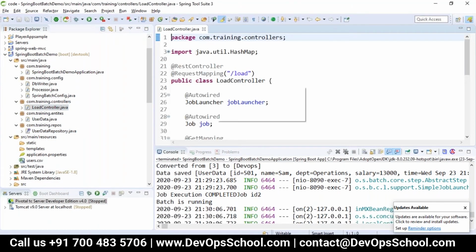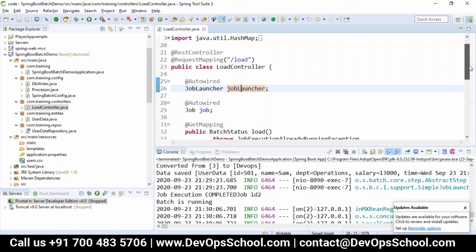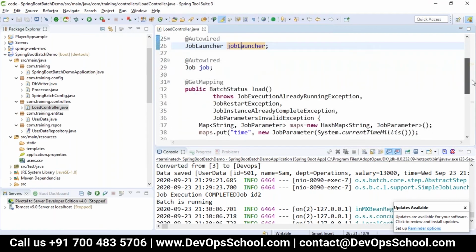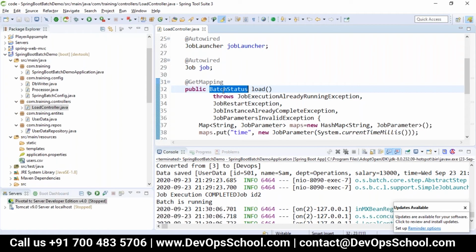Whenever we send a load request to the load controller, we are autowiring a job and autowiring a job launcher. This we have written for the get mapping and returning the status of a batch. Is it completed or not completed, or what is the status which you want to get? So we created the batch status enum.